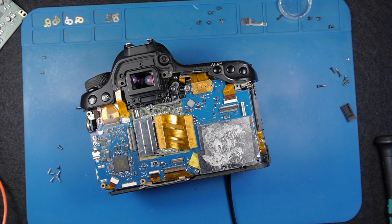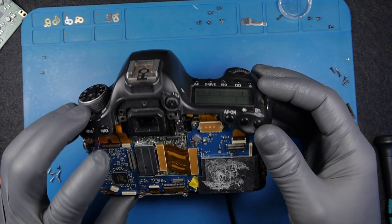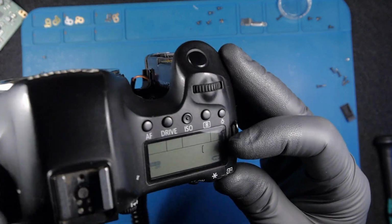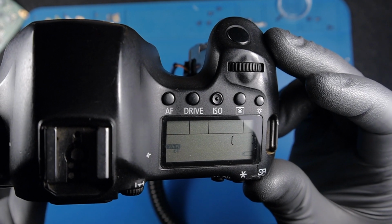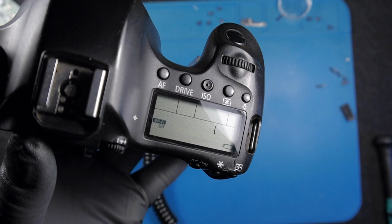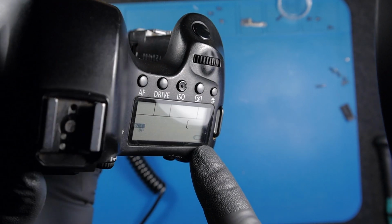Sorry, 0.16, 0.16 amps, 60 milliamps, and it went off. Turning on the camera, we have some message here. We have something coming on, which is very good because this is when the camera, this message, and